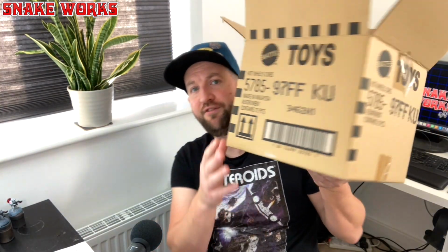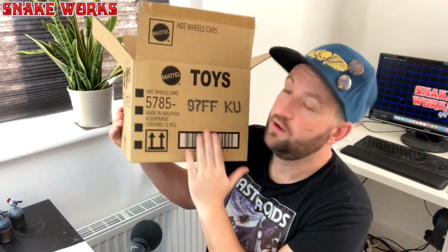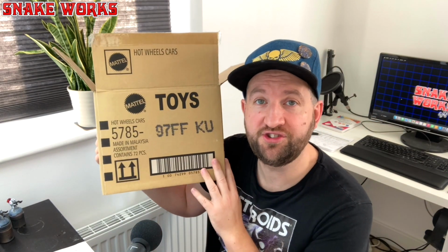Anyway, the big drop pod was about this big, it was massive. It was about half the size of this Hot Wheels box, which is interesting because on the side of the box it says,